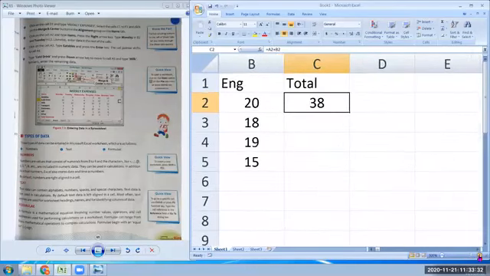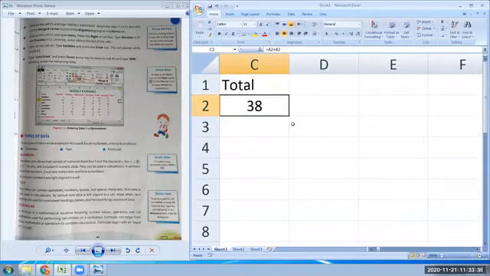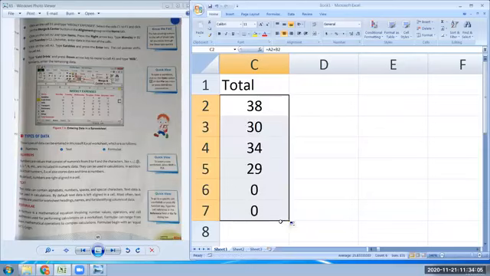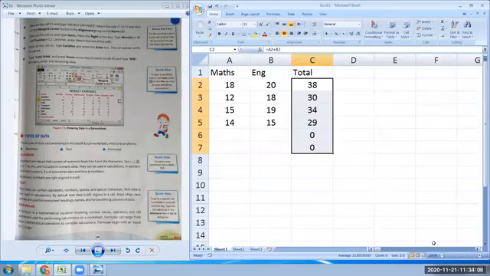I hope now you can see this cell. This is a cell, and in this cell there is a small square here. When you point your pointer here, your pointer changes to a plus sign. This is a plus, but this is a broad white plus which is displayed on the screen right now. If I bring this pointer here, my pointer changes to a dark plus sign. When it changes to the dark plus sign, you click the mouse and drag it down. Simply keep dragging. Okay, so this way I will get the addition of all the numbers.